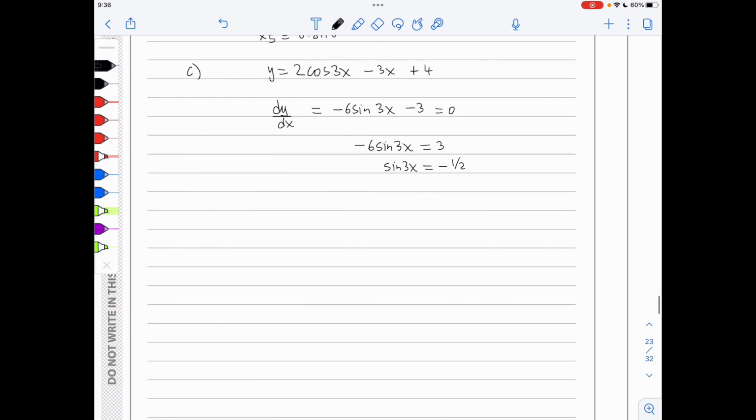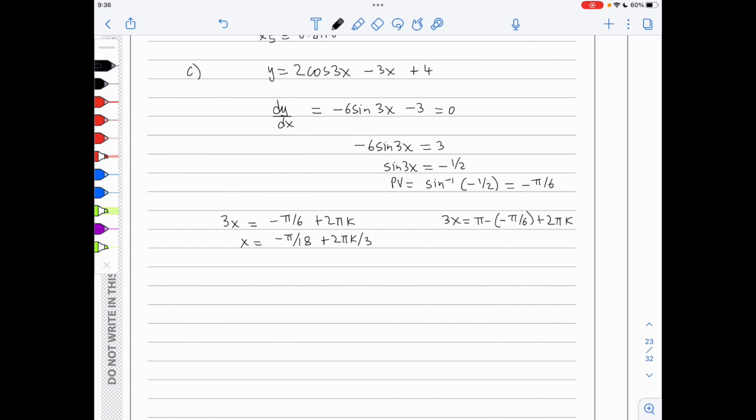And then we start by finding the principal value. It's shift sine of minus a half, which turns out to be minus pi over 6. And therefore we have that 3x is the PV plus 2 pi k, or 3x is pi minus the PV plus 2 pi k. I will divide throughout by 3 to get minus pi over 18 plus 2 pi k